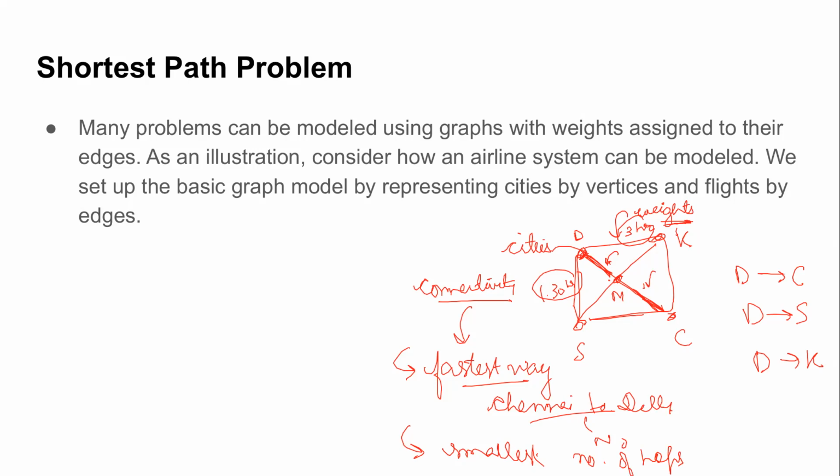Suppose I need to go to Srinagar. There are multiple ways to do it. There is Delhi to Srinagar. There is Delhi to Mumbai to Srinagar. There is maybe Delhi to Mumbai to Chennai to Srinagar. Obviously, I'll not take that. But all of these are paths, right?